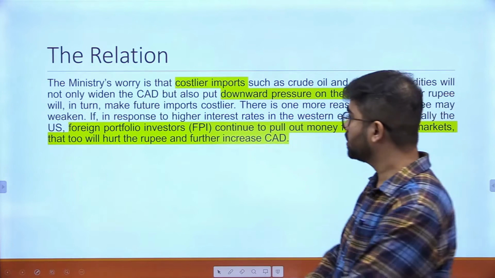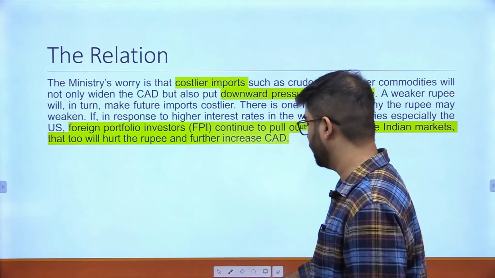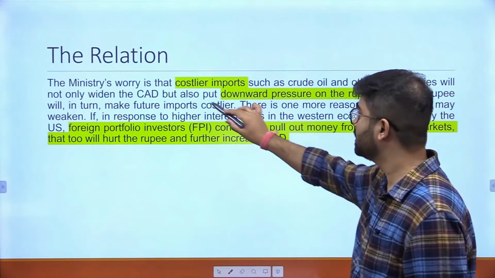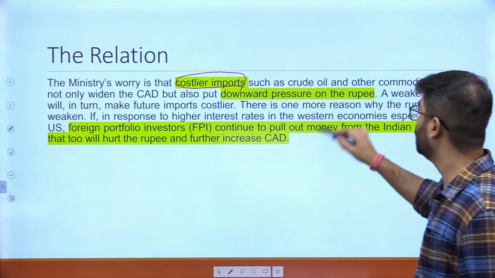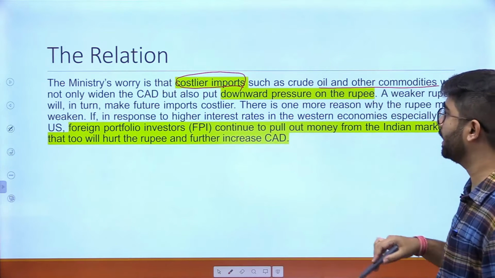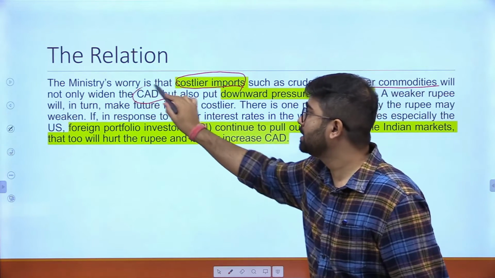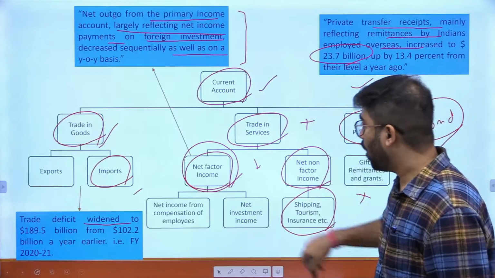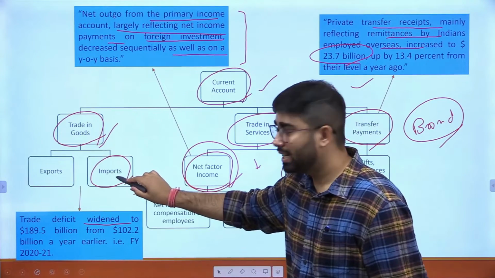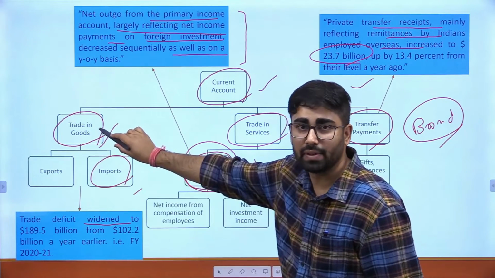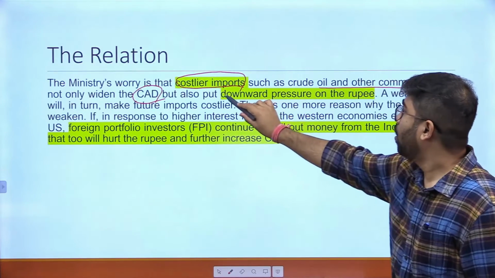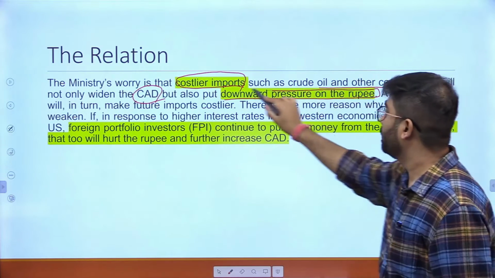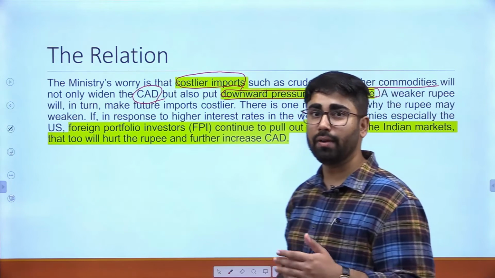Now this is a very important statement. This is also one of those linkages. The ministry's worry is that costlier imports such as crude oil and other commodities will not only widen the CAD. See, oil and natural gas, costly imports means trade in goods का deficit बढ़ जाएगा। यहां तक हम समझे, चलिए आगे बढ़ते हैं। Also put downward pressure on the rupee, ठीक है।